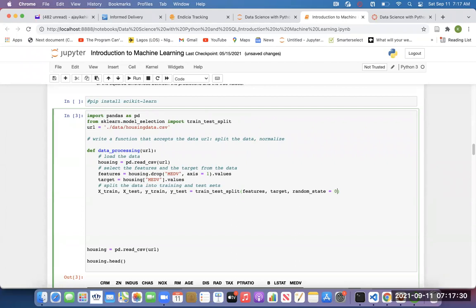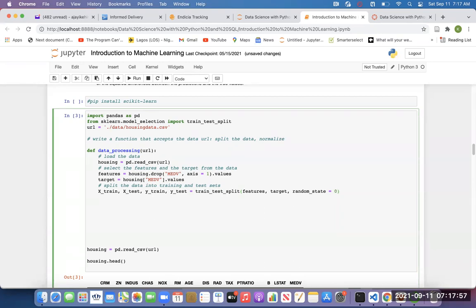And that means the model performance you got before, if you want to show me tomorrow, let's say you have a class tomorrow, it may not be the same. So it's best to set the random state to a particular number. It doesn't have to be 0. I just like using 0. That way, even if you run this function different times, it's going to select exactly the same rows it selected before.